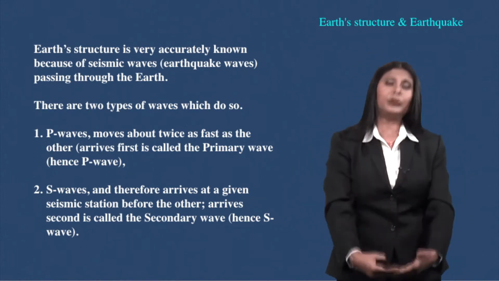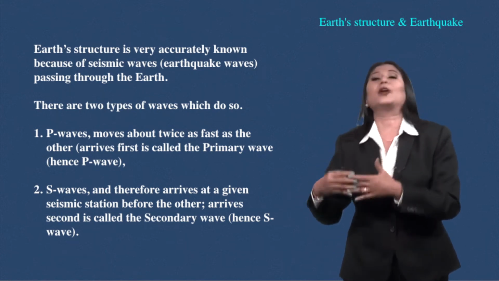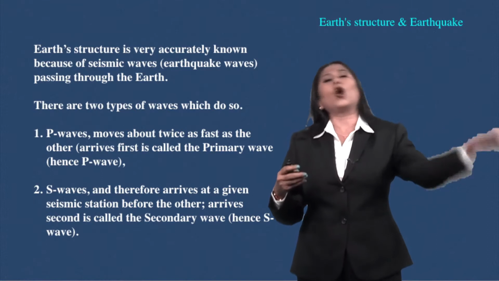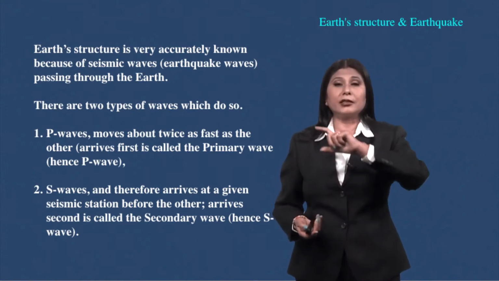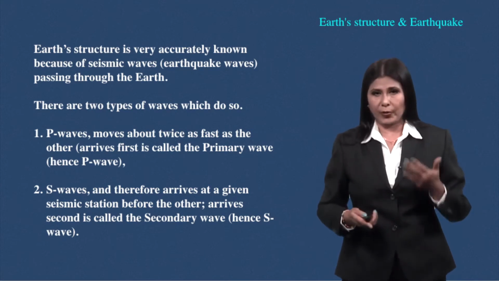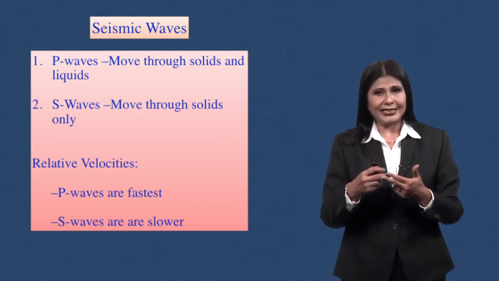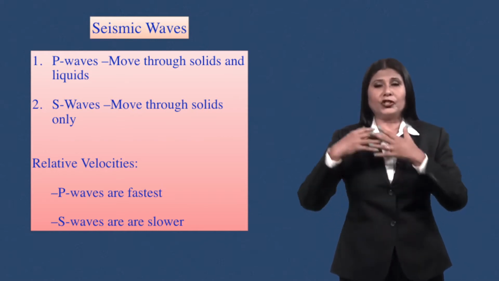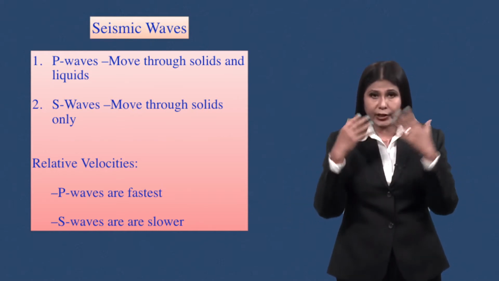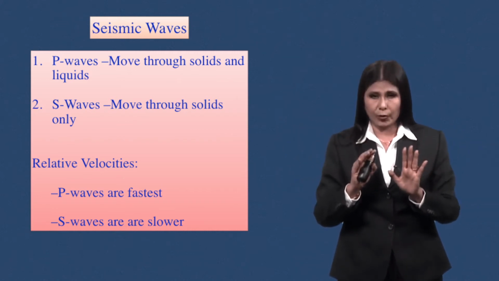are going through the interior of the earth. They are the ones that we use to infer about the interior of the earth. And on the surface, it is called the surface wave. We do not use it for reconstruction of the earthquake. P waves are very fast velocity-wise, and they can move through both solid and liquid. S waves move through only solid, and cannot pass through liquid.